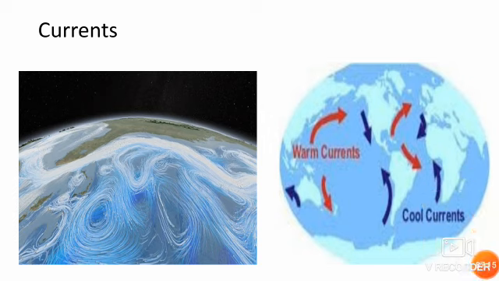They are mainly caused by the prevailing winds. Prevailing winds are the winds that blow from a single direction over a specific area of the earth. Areas where prevailing winds meet are called convergent zones. The ocean currents are also caused by differences in temperature and salinity of the ocean water. These currents are also caused due to the rotation of the earth.